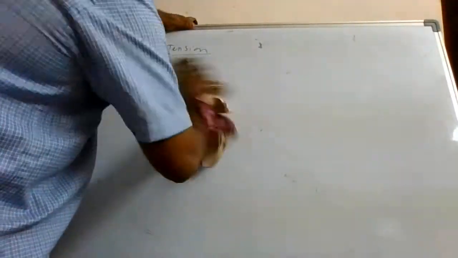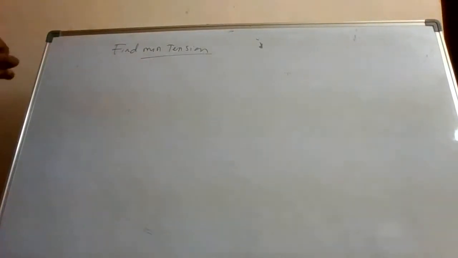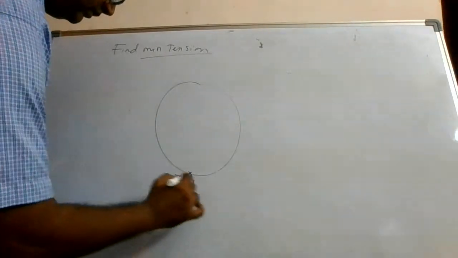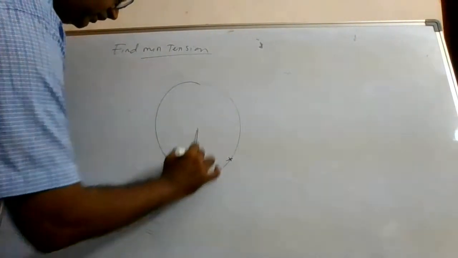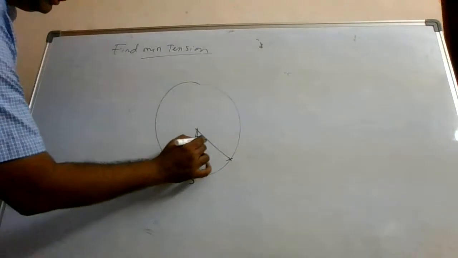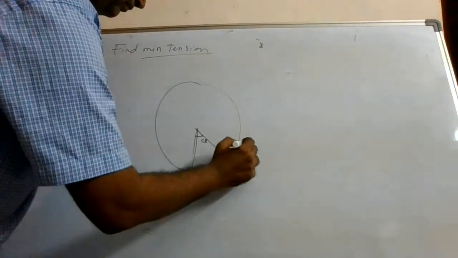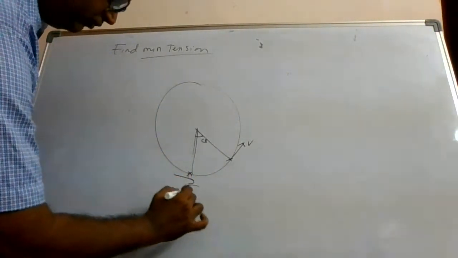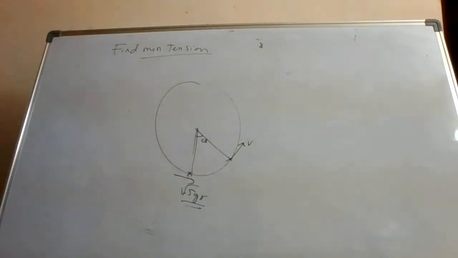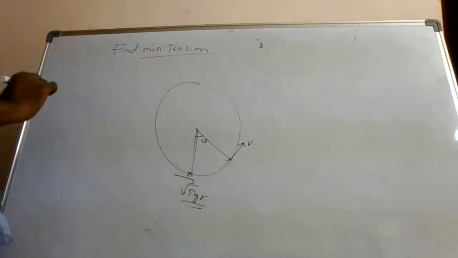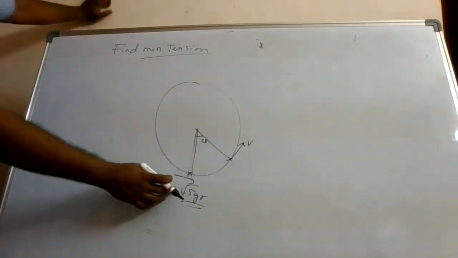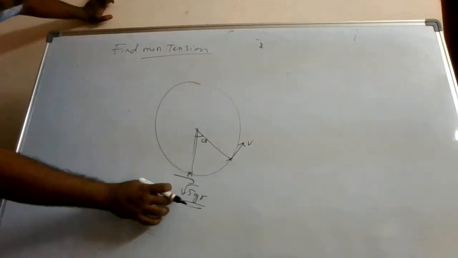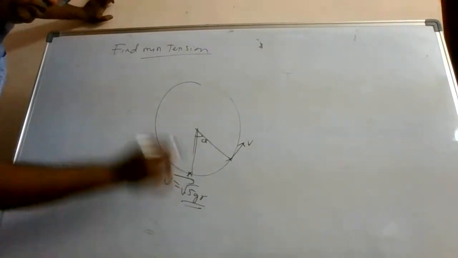See, let me draw the figure again. Now this is your vertical circle. Here you are finding the speed. This is our theta, right? So we are trying to find this speed. How much should the speed be here? It should be root over 5 g r, which we have already decided, right? Then only the circular motion will happen. We are assuming that here it is greater than or equal to root over 5 g r, then only this circular motion happens. We are taking a case where v is exactly equal to root over 5 g r.